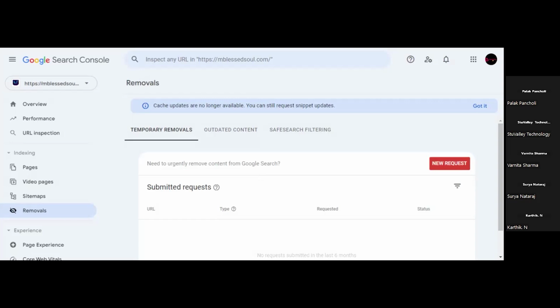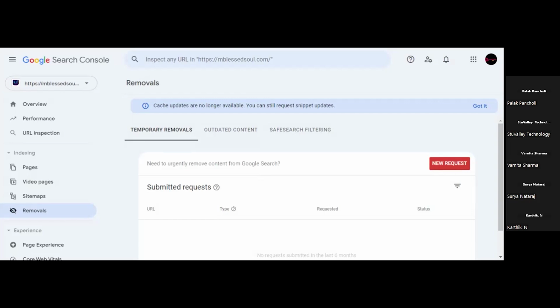So in that case, we will put that in outdated content and we will remove that content from our website and the search results too, so that our users will not get outdated content on our website. Clear? Is it clear? Any doubt?